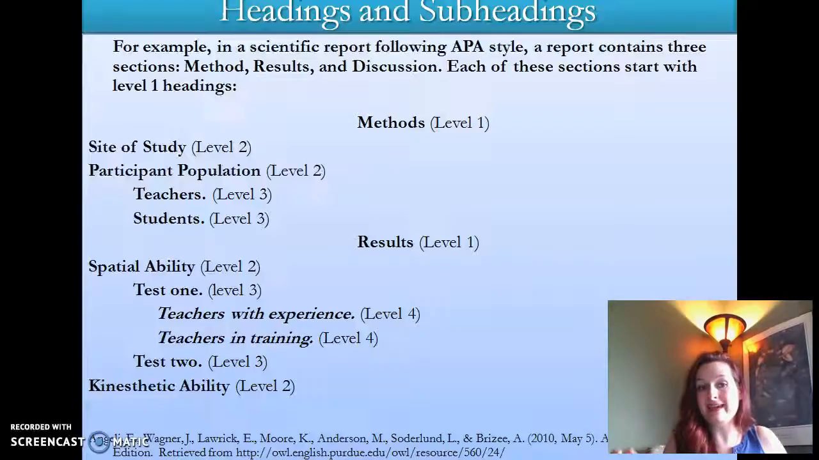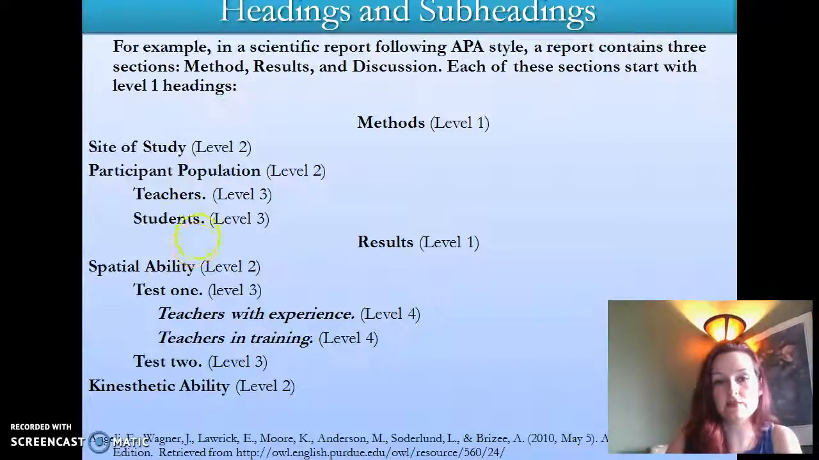And a level 3 heading is going to end in a period. And then, interestingly enough, the first sentence of that paragraph is going to start right after that heading. So it's not going to go on the next line. So there's all these little fiddly rules, and again, you just need to look at